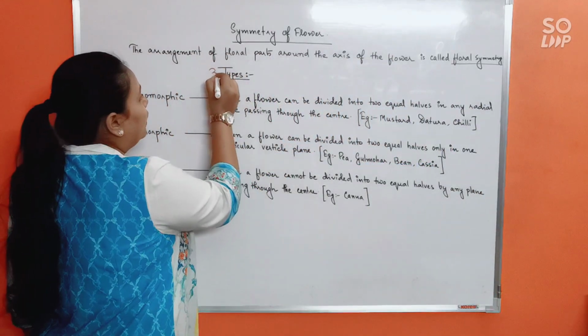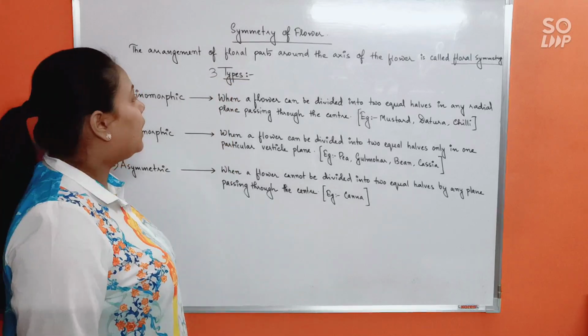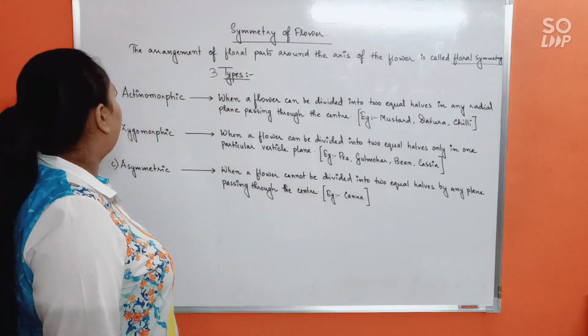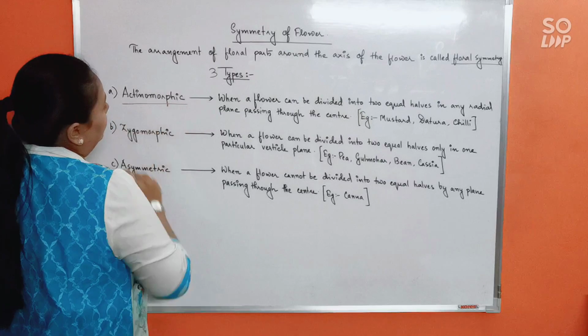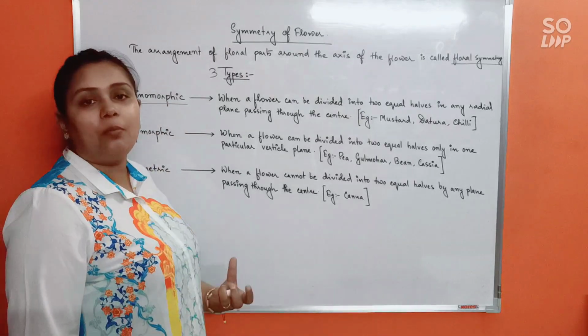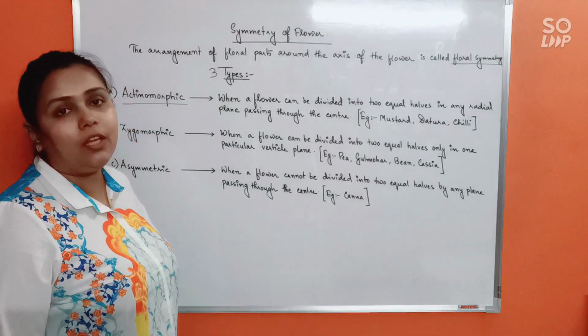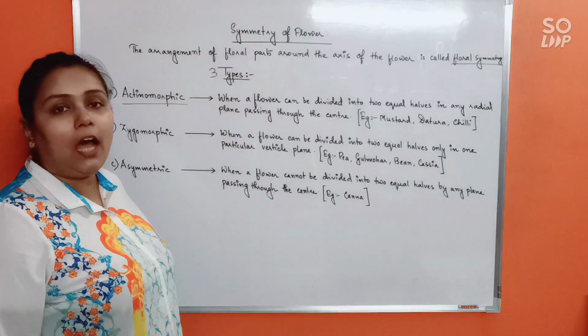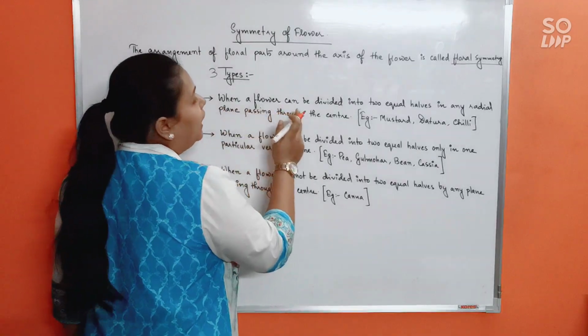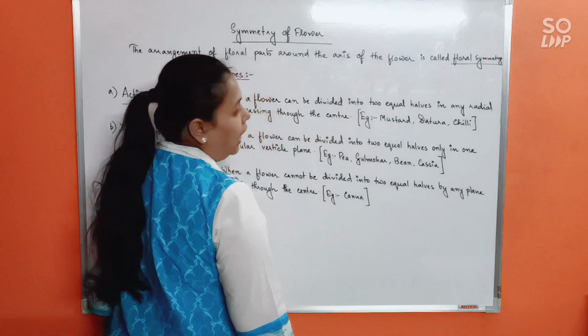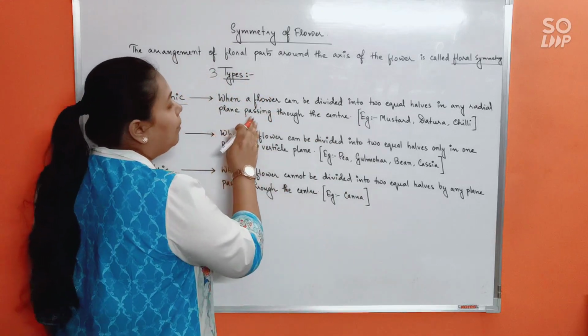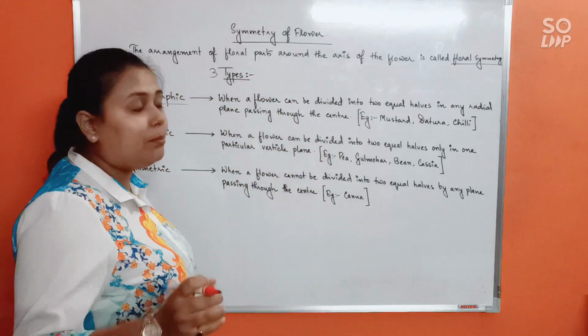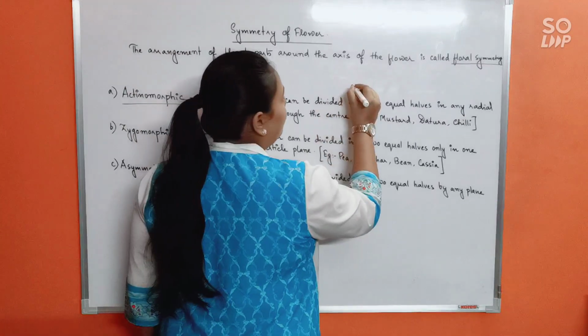It can be of 3 types. Okay, so what are they? First of all, actinomorphic. One of the common symmetry is actinomorphic flower. Actinomorphic flower means when a flower can be divided into 2 equal halves in any radial plane passing through the center. So what it means is that suppose this is a flower,